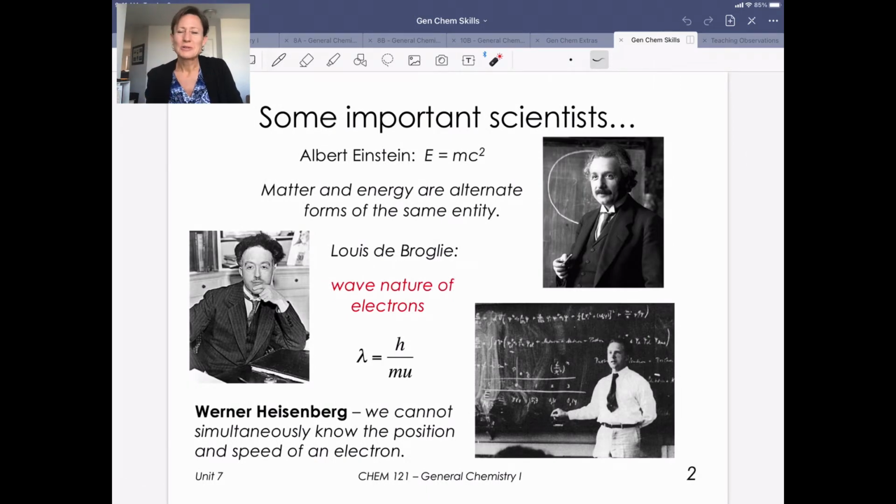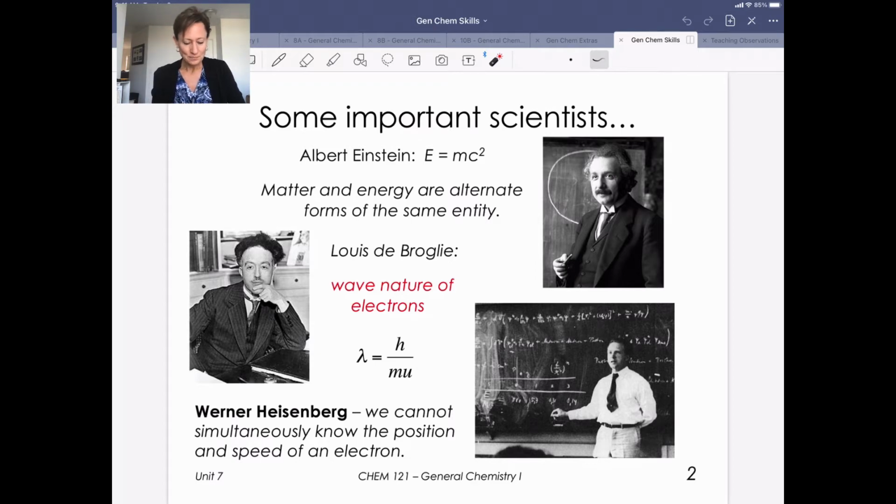So I'm not going to go into a lot of history, but here are some really important scientists that have had critical pieces and components to this. Some of them you've probably heard of, right? Here's Albert Einstein, right? He's infamous for his E=mc² equation, among a whole bunch of other things. But really, that equation tells us that matter and energy are alternate forms of the same entity. Now, don't worry, I'm not going to quiz you on anything about the history, but I just think it's interesting